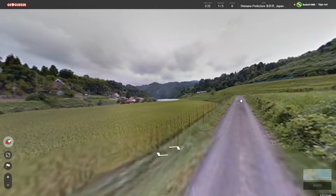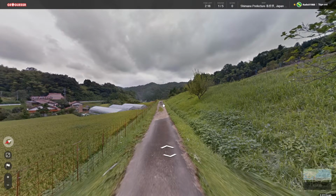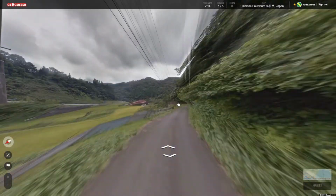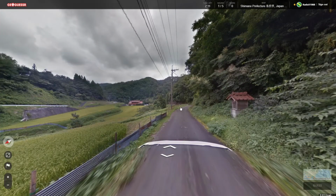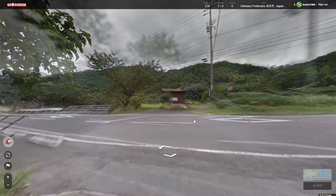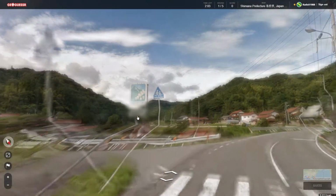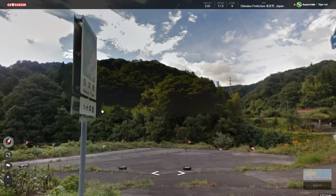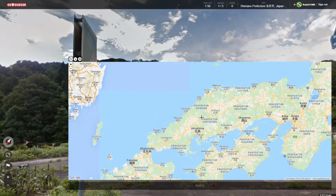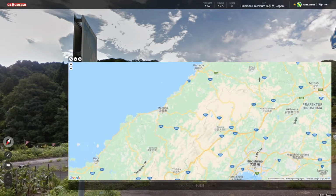Really? Okay. Oh, I don't like that. That can't be right. Maybe it can. I don't know. So we're obviously in the mountains. Oh yeah, here's the main road, apparently. Oh, what is this? Hakuta town. Well, I thought I just saw that. No? Hakuta? Oh, there's actually Hamada that I...